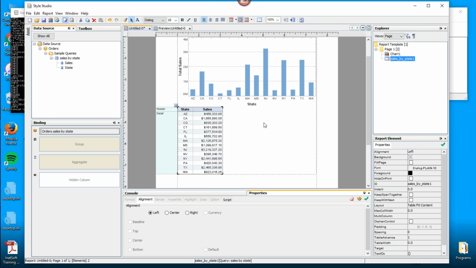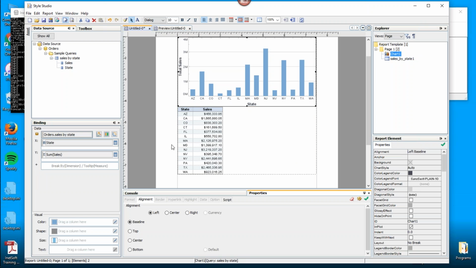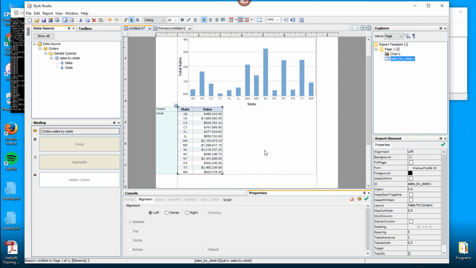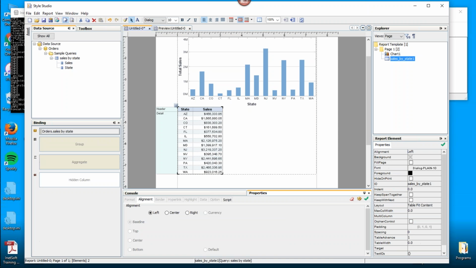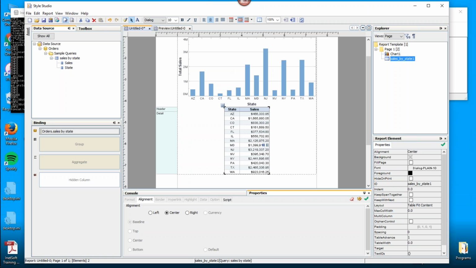The only other thing I do is maybe align the table to the center. Sometimes if you need to select the table as a whole, you can click in the left margin next to the table. So for example, if the chart is selected and you want to select the table, you can click in the left margin next to the table. The reason I mention that is that sometimes it's easy to, instead of selecting the table as a whole, select a cell in the table, and then the alignment options would apply to that cell. So what I want to do is select the table as a whole and then align the table to the center.